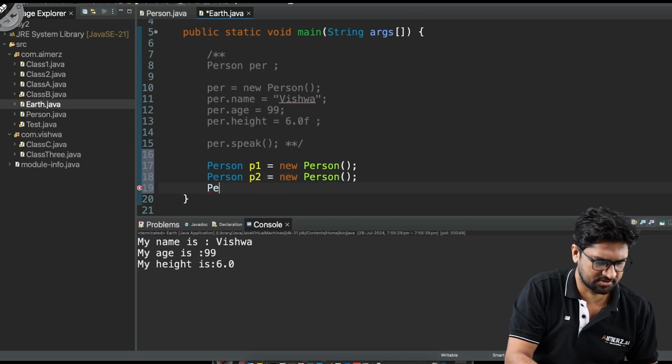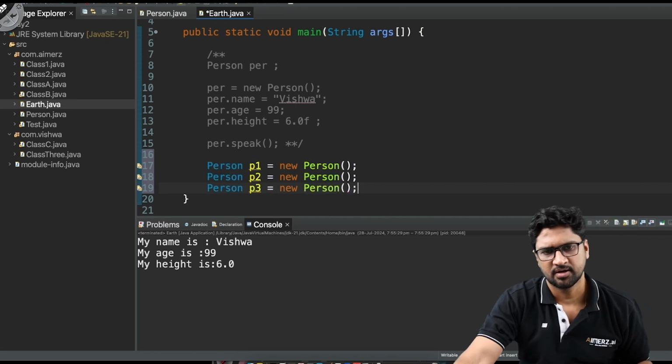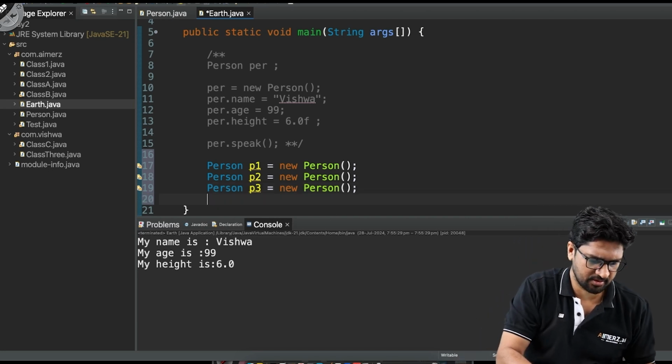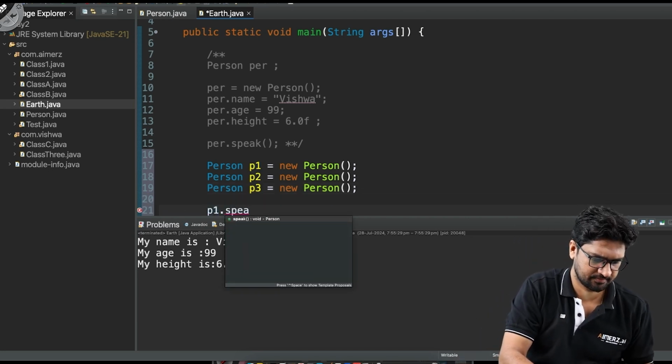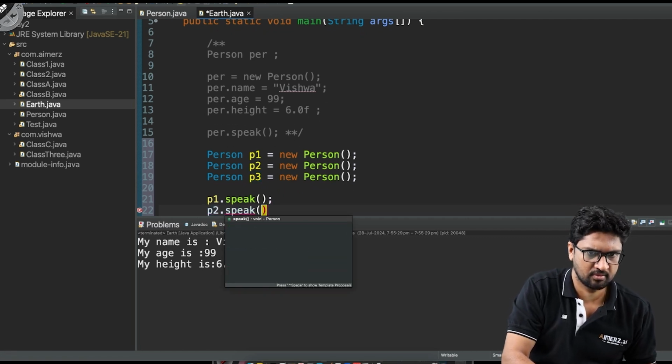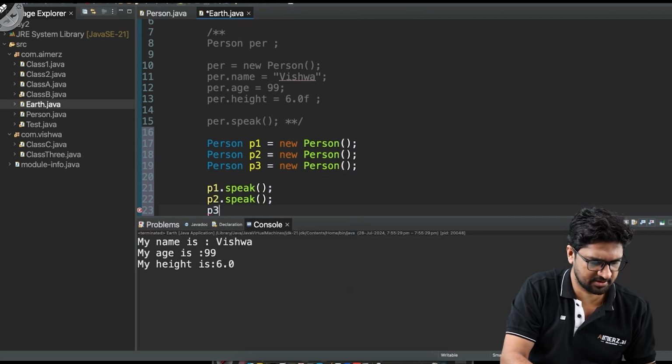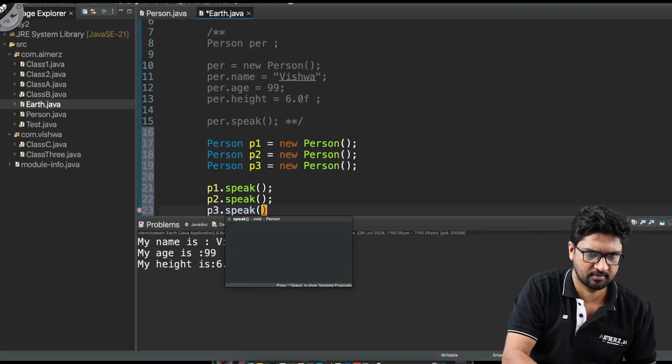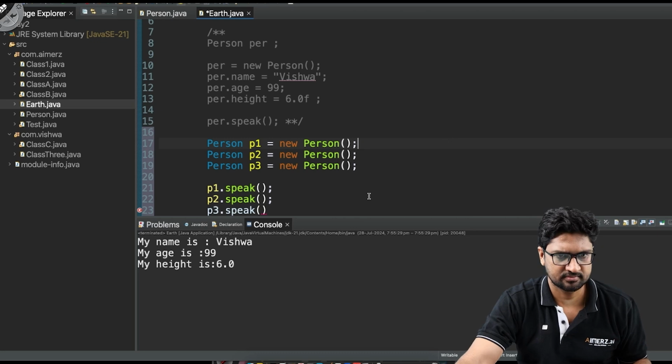I go and say that person p3 equals new person. Now three objects that I have created, but if I go and run p1.speak, or I go and say p2.speak, or p3.speak, if I run this,